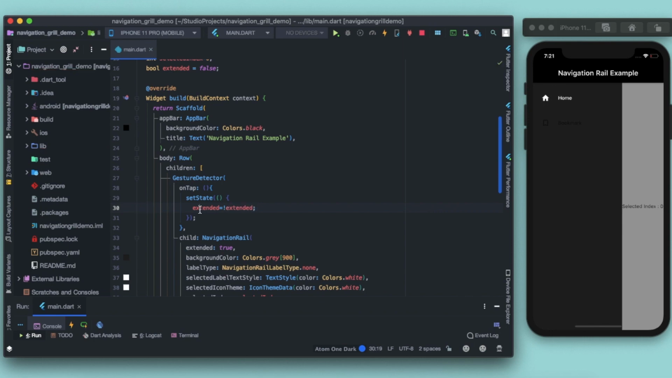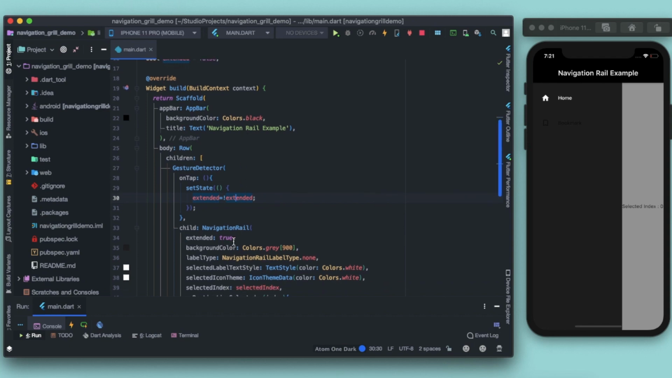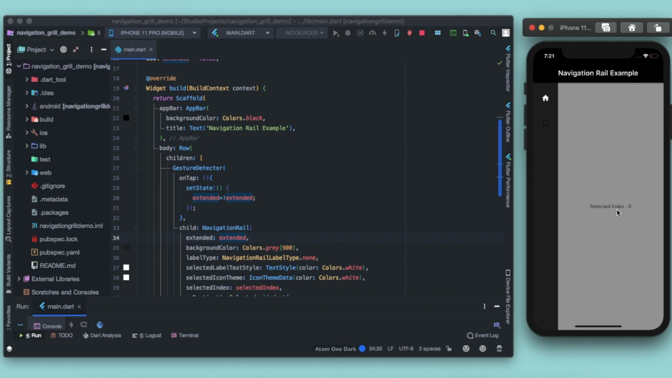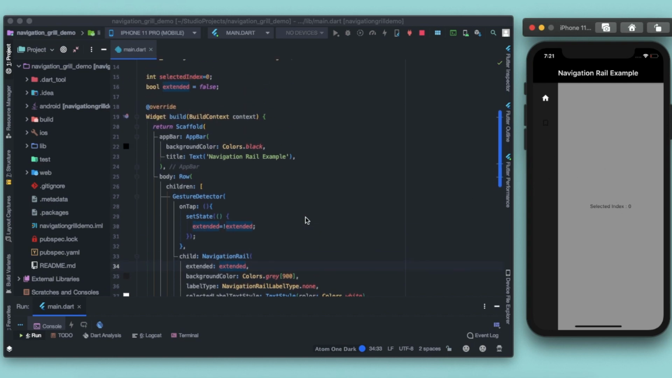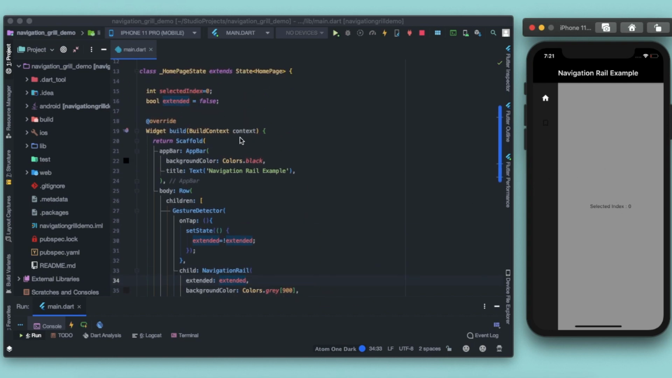Okay, this way you can very easily toggle between the values true and false. If the extended value is true, it will be turned into false. If the value is false, it will be changed to true, right? And in extended, I'm gonna pass extended. Now let's restart this application, and you can see that now by default initially extended value is false,